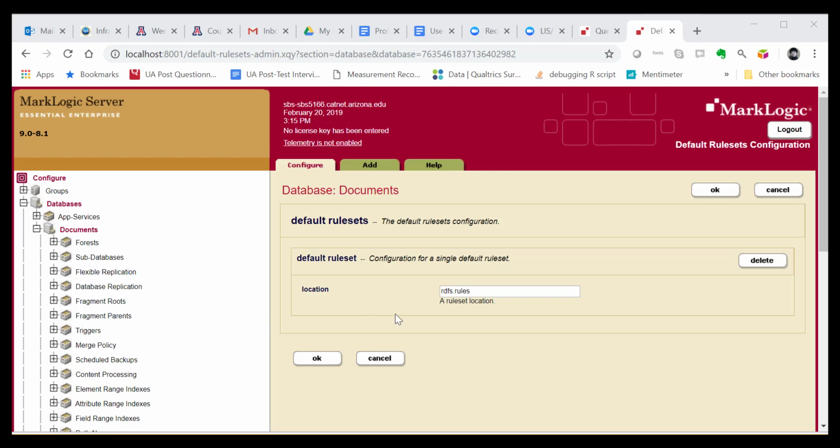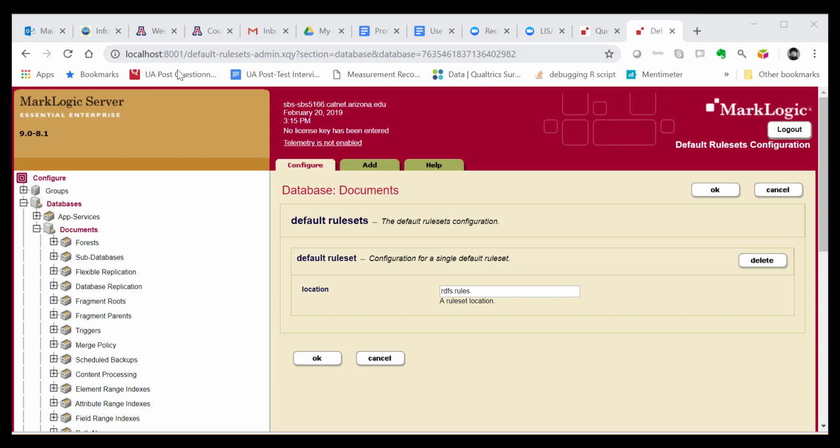In this video, I want to demonstrate that RDFS reasoning is kind of limited. We're going to use domain and range as one example. So first of all, I'm at the